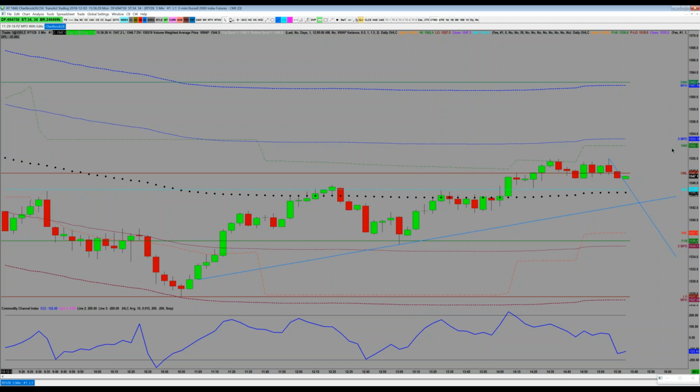This is what's called the developing value area line, because you can see the line is shifting as time goes on. That's because the value area adjusts as the market moves. The goal of this line is to show you always, at any given moment, up to the point where we are at this current moment, 70% of the volume is traded in between these two prices. The reason this is important is a lot of times you'll see a flurry of activity when the market breaks out of its value area.